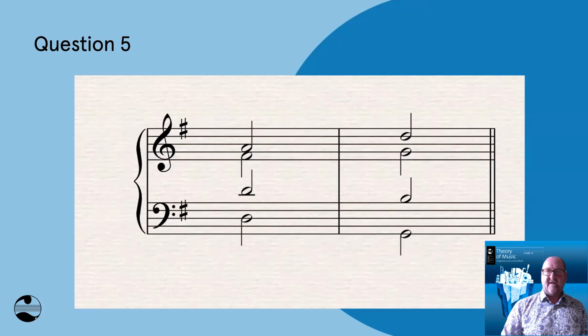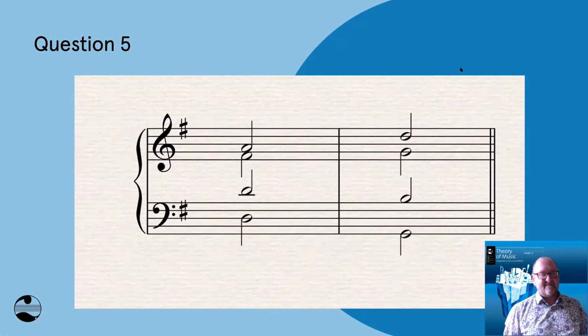Let's see what we've got here. Yeah, some of you have got this. Some of you have got this. You might look at this and think it's okay, but it's not okay. If we just, yeah, it's all to do with the outside voices. Yeah, let's move this along then. So let's see what you've all said.